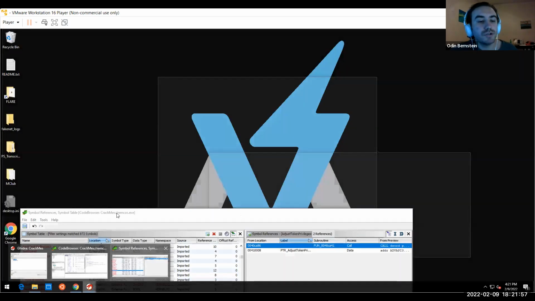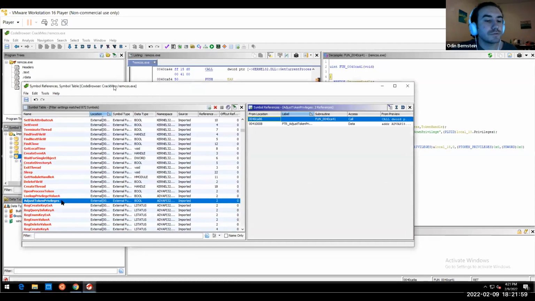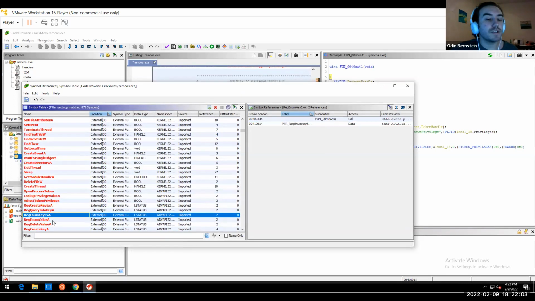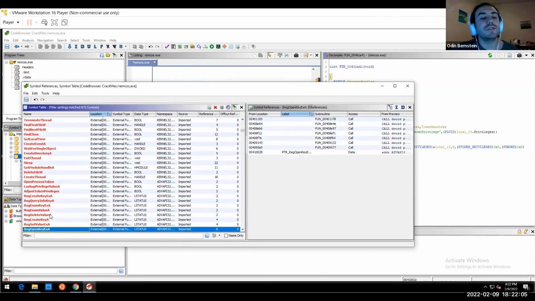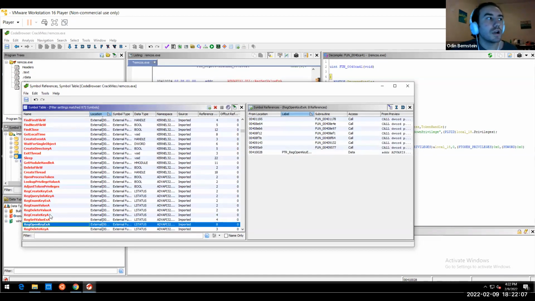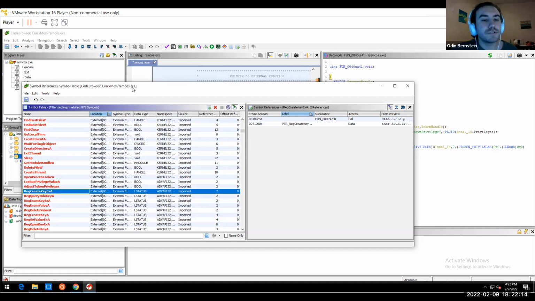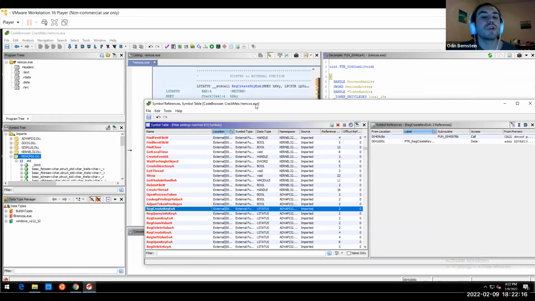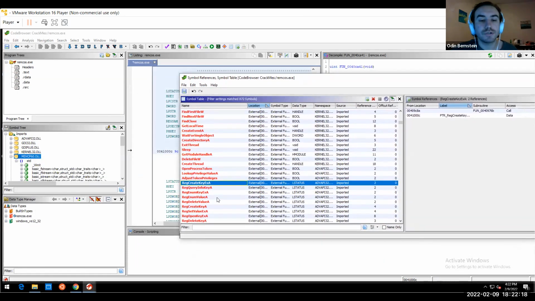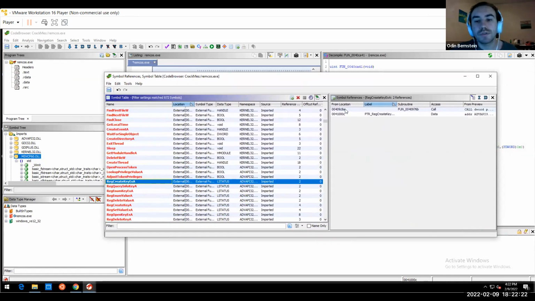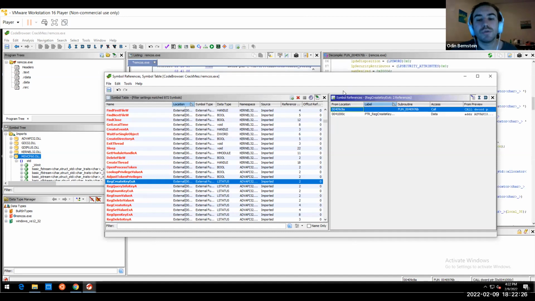So let's go back to the functions. Here we see registry functions, like functions that are manipulating the Windows registry. That seems like it would be interesting. So let's take a look at the different registry keys that are being created. In the symbol references, you see to the right, this shows where the